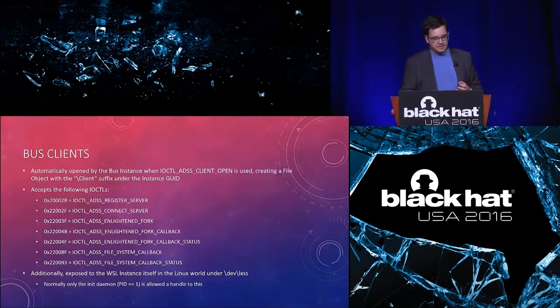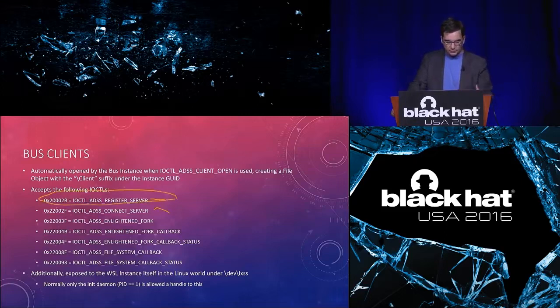Now, once an instance is created, you can have bus clients. Clients are things that are talking to the instance, and a client can register a server. A client can also connect to a server. The server side will register a server, and a client of that server will connect to it. There are some other things which I did not look at, and I don't know if they're actually used: enlightened forks and file system callbacks. I have no idea what these things are used for. I spent a long time reversing this, but I couldn't really see anything using those,